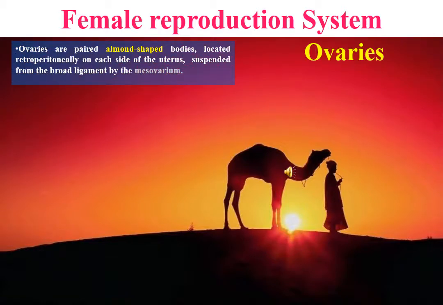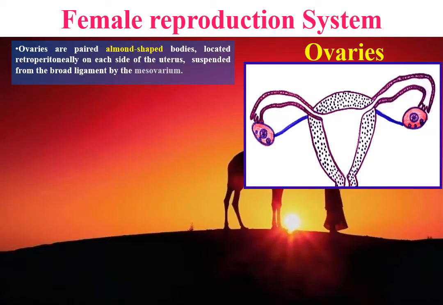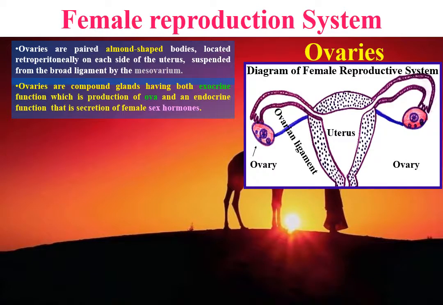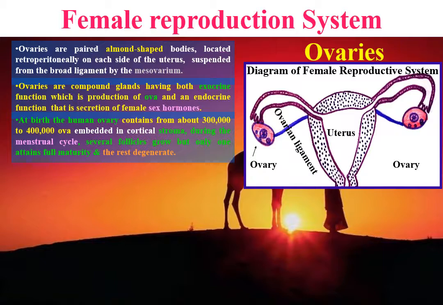Ovaries are paired almond-shaped bodies located retroperitoneally on each side of the uterus, suspended from the broad ligament by the mesovarium. They are compound glands having both exocrine function, which is production of ova, and endocrine function, that is secretion of female sex hormones. At birth, the human ovary contains from about 300,000 to 400,000 ova, embedded in the cortical